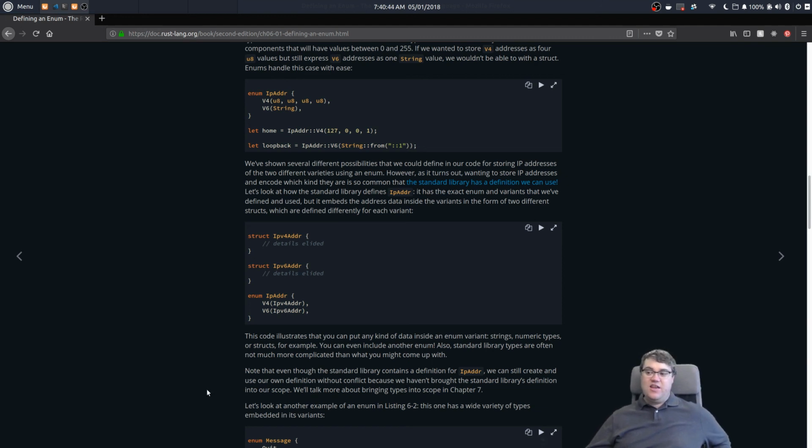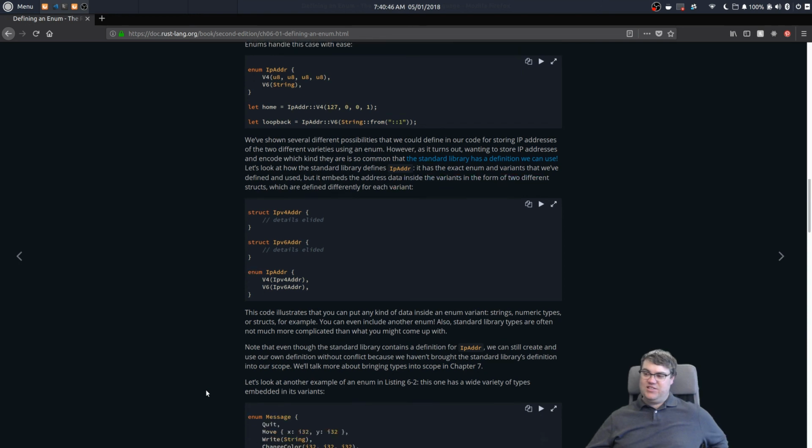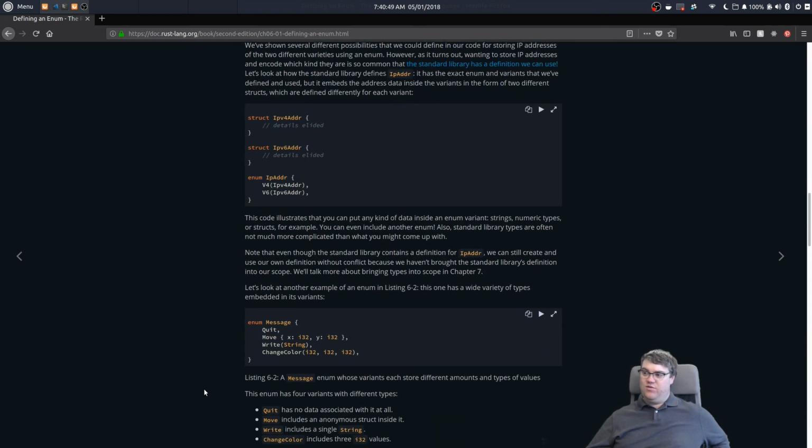Let's look at another example of an enum in listing 6.2. This one has a wide variety of types. So enum Message: Quit, which doesn't have a type associated with it; Move, with x and y coordinates; Write, a string; ChangeColor,